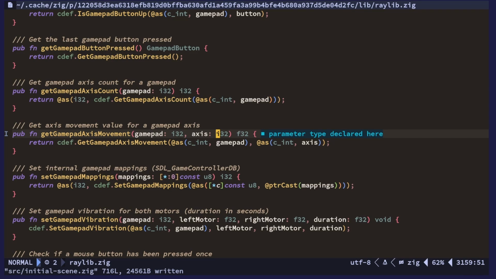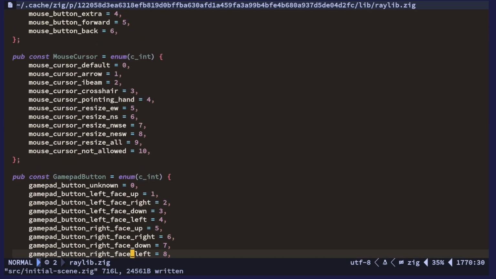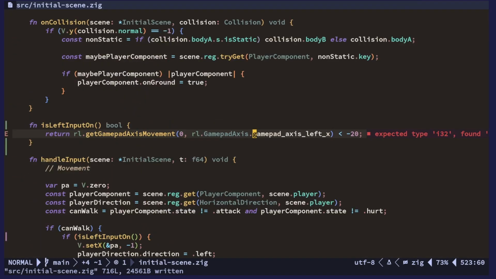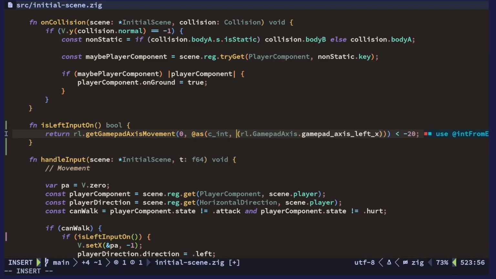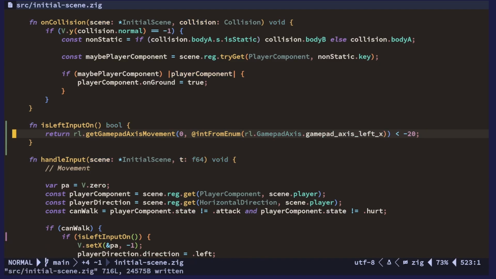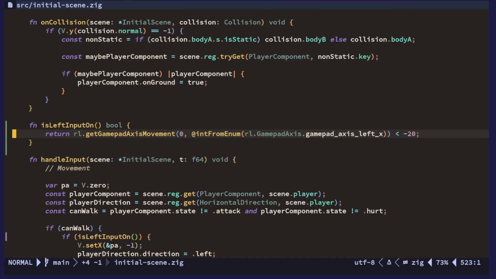I don't understand. They should be using the same... or do I need to have something else? Okay, cannot bit cast. Oh, int from enum. Okay, that's a bit easier. Int from enum. That was a good hint there. Nice. Okay, so int from enum works. That's a little bit better, but they really should have the enum as the type there. I don't understand why they have I32 as a type. Anyway,